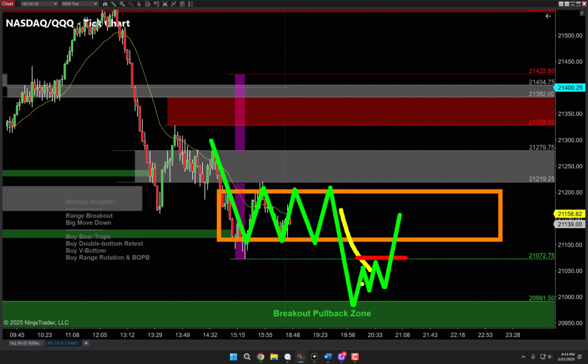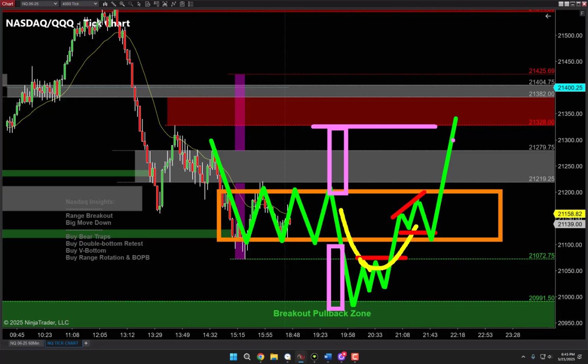Again, bear trap starts off the party going higher. We separate off the moving average. That gives us the green light now for the add-on. And we know now where the market wants to go. It wants to rotate off that low up to that high. Do we get crushed back down again? Well, we'll take our profit off at the top of that pendulum swing. Or do we continue through that pendulum swing,